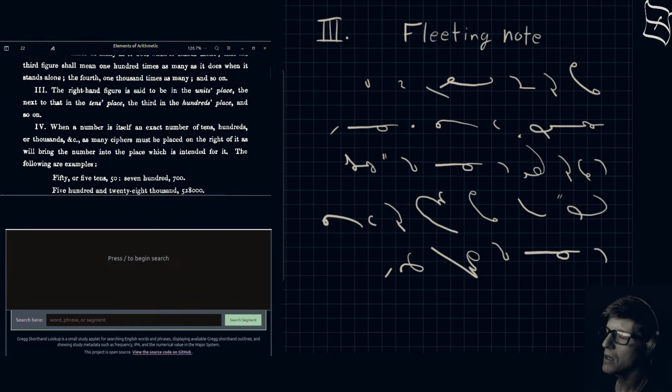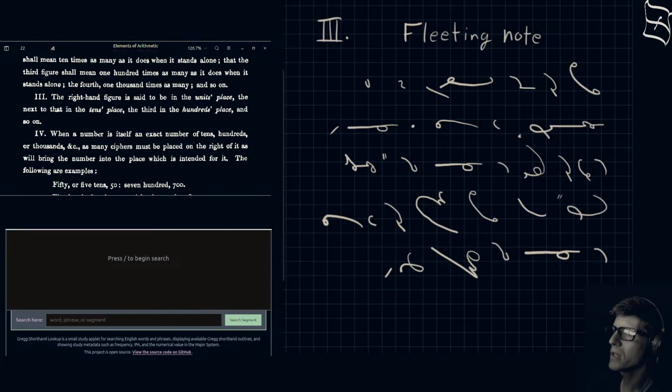I'm currently not doing copy work of the text, but I am doing a read-through of Augustus de Morgan's Elements of Arithmetic. He was a famous mathematician who lived in the 19th century, and he wrote this very good textbook on arithmetic. I know that for a lot of you this is going to be a review. That's why it's labeled as a review.